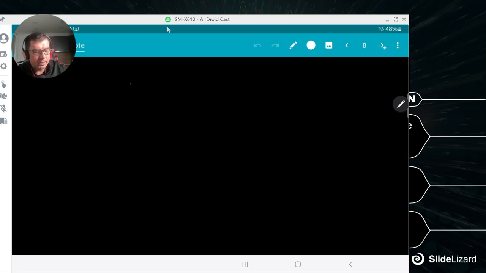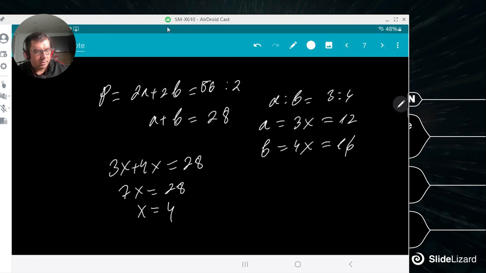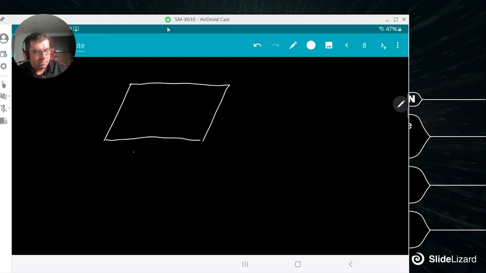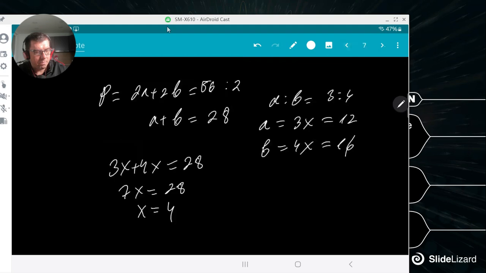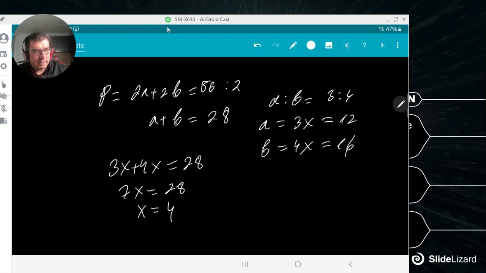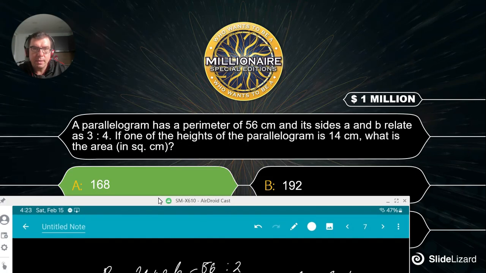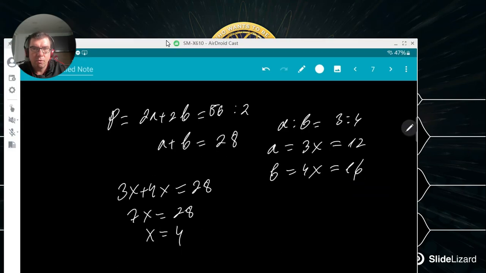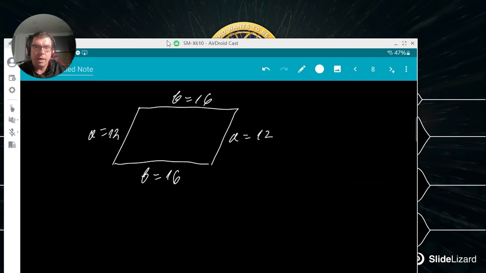Let's make a brief sketch of this parallelogram. B is longer, so this is B, 16, this is A, 12, right? B is 16, A is 12. And now it is said in the problem that one of the heights is 14. So we need to figure out